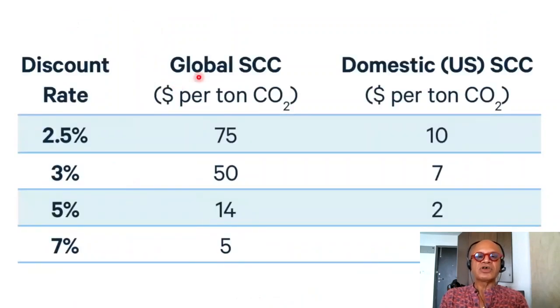So here you are looking at global social cost of carbon in dollars per ton of CO2, and the US domestic social cost of carbon. With 2.5%, the global estimate comes out at 75. Obviously because of the differences in damages and so on. For the US, it's assumed at $10 per ton of CO2 from the model, 3% 50 to 7, 5% 14 to 2, and at 7% it's